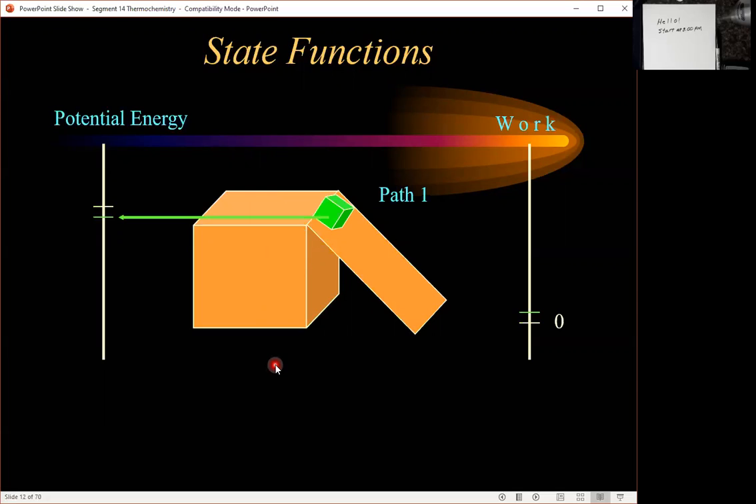Okay, if we go down the ramp, you can see as we reduce the height, potential energy is going down. The work is going up at exactly the same pace. It's being used against the friction sliding down that plane. And this would continue until we get the box all the way to the bottom. Now what we would see is the change in potential energy would exactly equal the work that was done. Let's take the other path. As I slide it off the side,